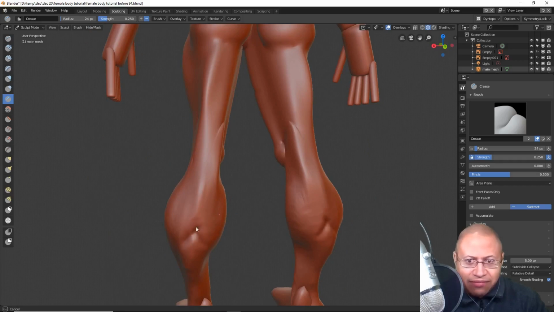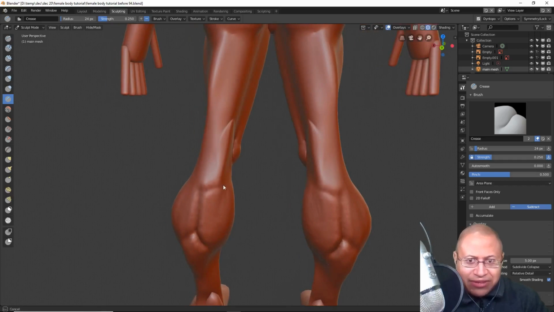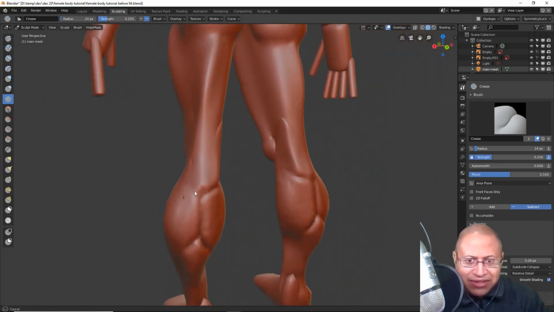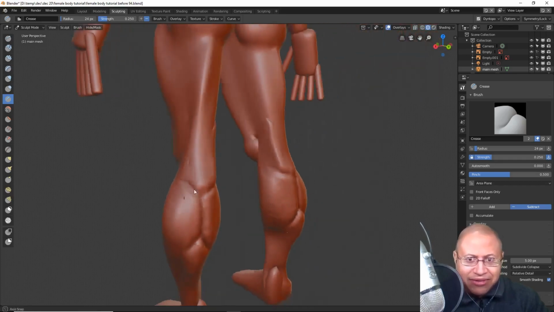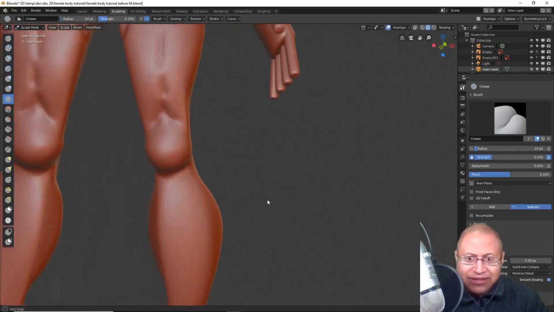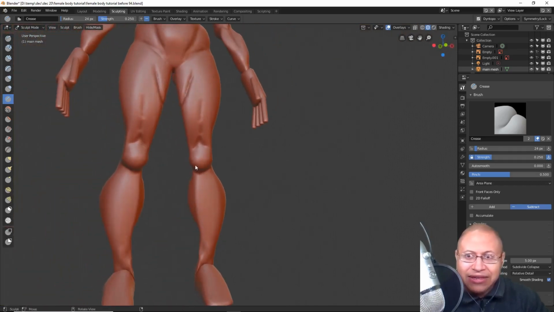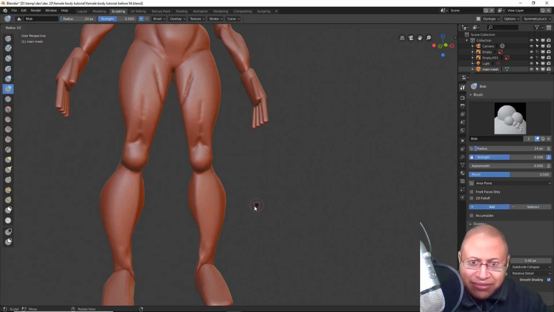These details that you're putting in here, one of the things I want to tell you is don't think to yourself you don't want to put in too much at this point, because we're going to be changing a lot of this and taking a lot of things out. I'm going to go to the blob brush, and some of the things I'm putting in are